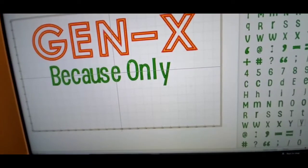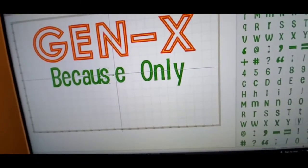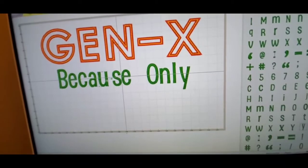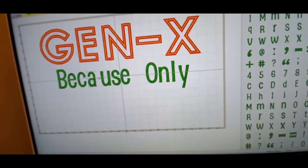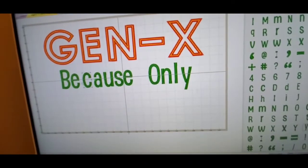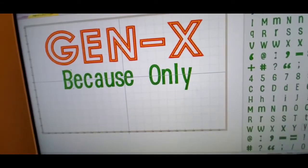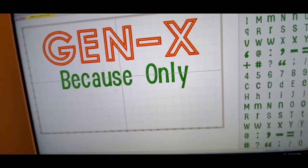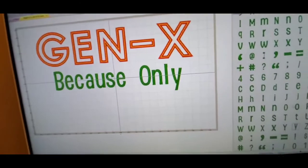I'm just going to circle this or highlight it and move the whole piece over now so I can continue spacing this out. When I put the highlighted box around it, I just had the left pointer finger held down on the mouse so that I could draw a box around it to highlight all of it. Okay, and so that is okay there. Because only, and we're going to say